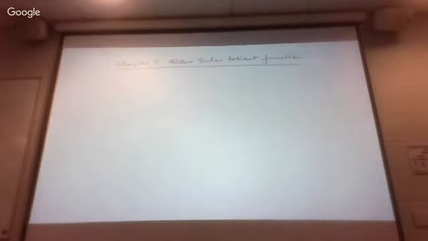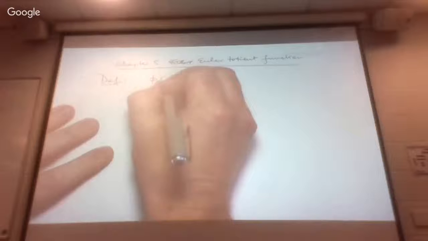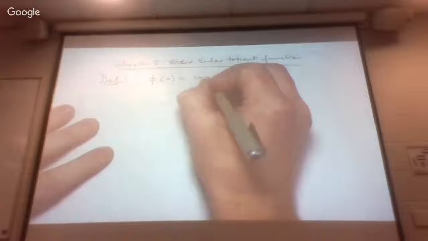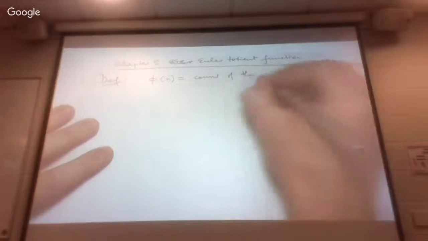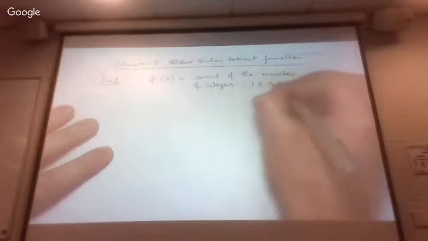Okay, so we're going to continue looking at the Euler totient function today. Remember, this is literally going to be a 1 minute recap of what we said about it up to now. It's a function defined on positive integers, and its definition is the count of the number of integers in the range between 1 and, well, let's say n minus 1, such that